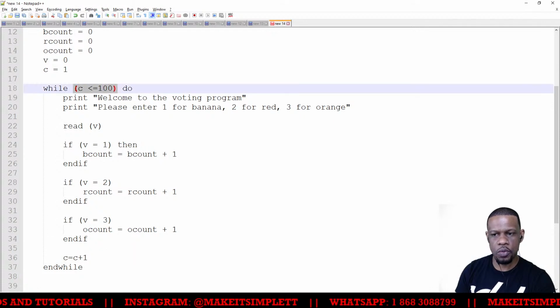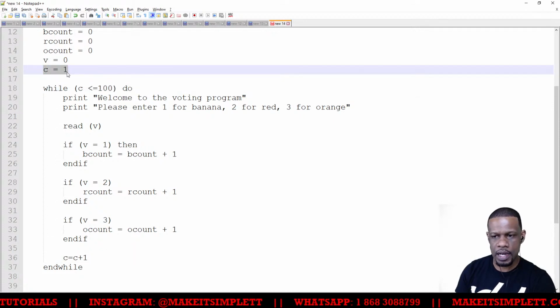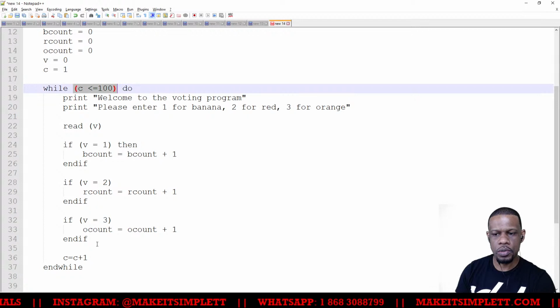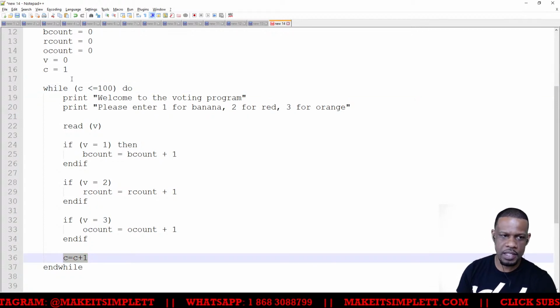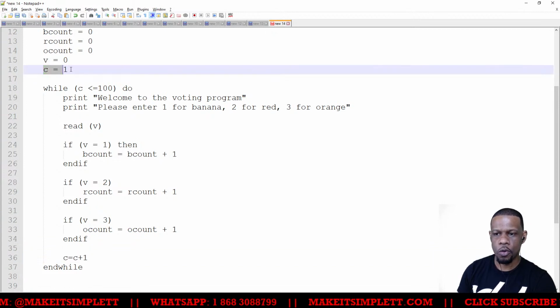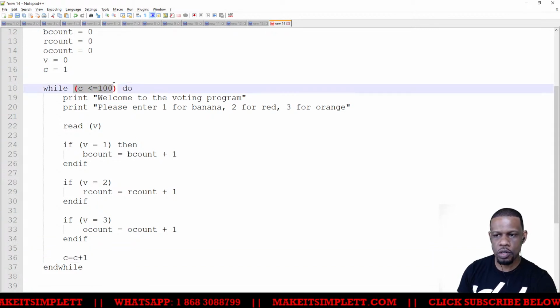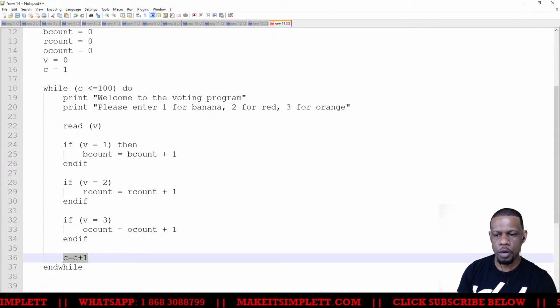The while loop could only check one thing. So we have to say where to start, where you're trying to go to, and how much to count by. Always remember that. You probably might see a question with that sometime in your life too. Where to start, how much you want to go up to, and then how much you're going to go up by.